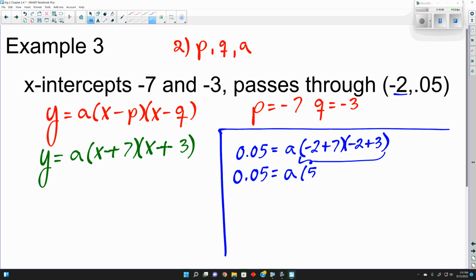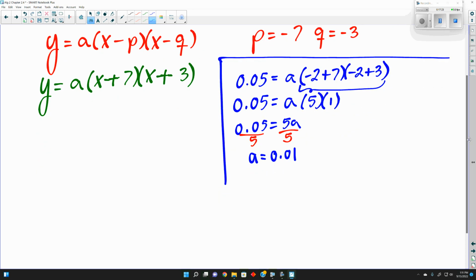Because if we did this by hand, we'd have 5 times 1. And 5 times 1 is 5, so it's 5a. And lastly, we can divide both sides by 5, and a is 0.01. Which tells us the equation is y is equal to 0.01 times x plus 7 times